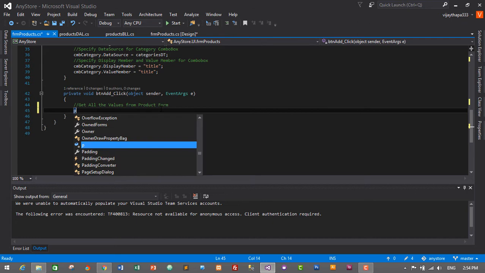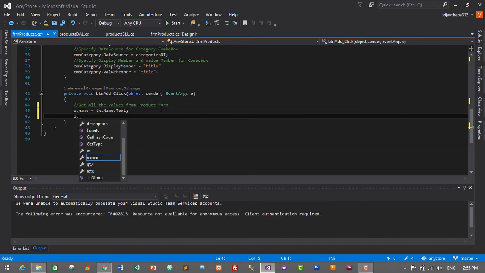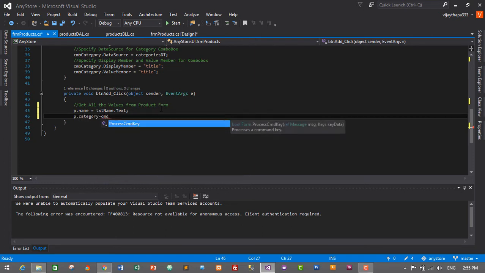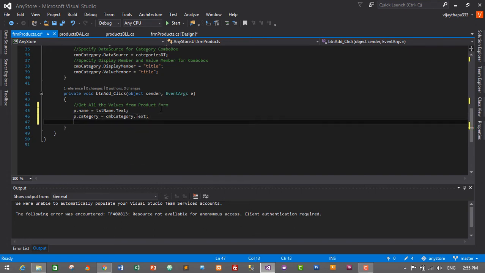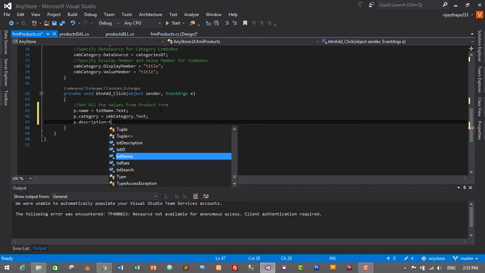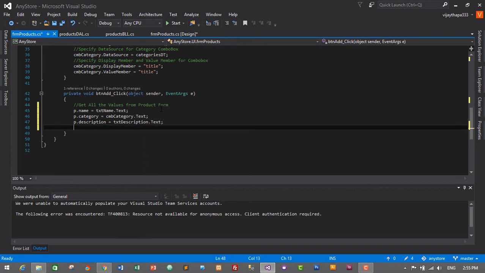So p dot name is equals to txt name dot text, and p dot category is equals to cmb category dot text, and then p dot description is equals to txt description dot text, and p dot rate is equals to txt